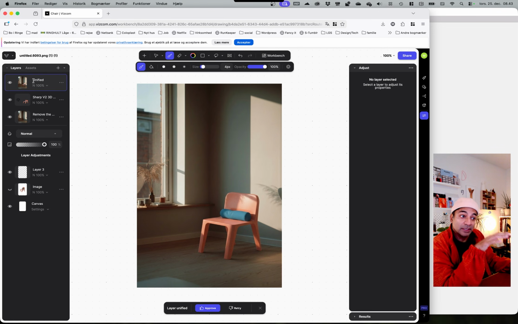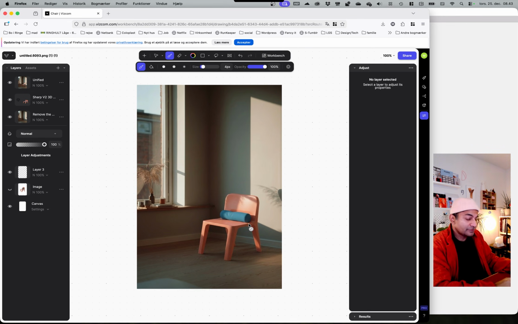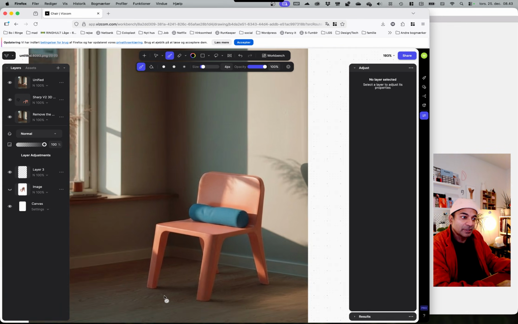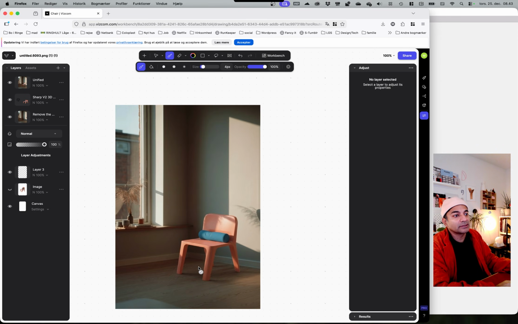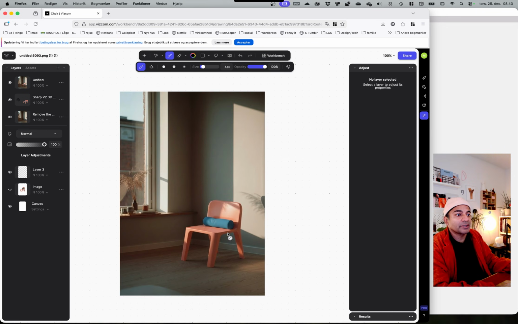Okay, so it luckily got what I wanted to do. It didn't mess up the scale completely. If I zoom in, it's a little bit odd. It's a little bit more soft than what I had with my original design. And the texture on this one is not great. But if I do,